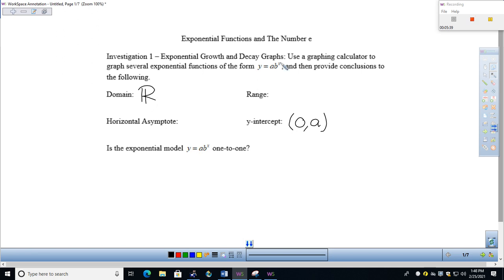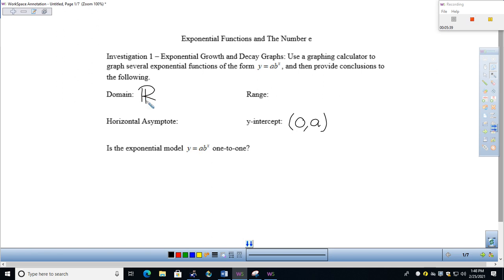So I can put any number in for x and have that as the exponent and raise that to that power. So any type of number will satisfy being the exponent,